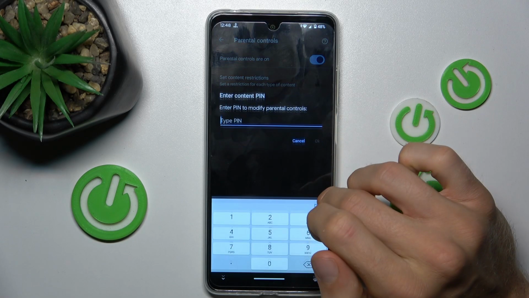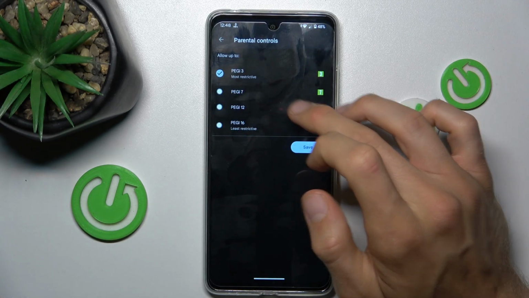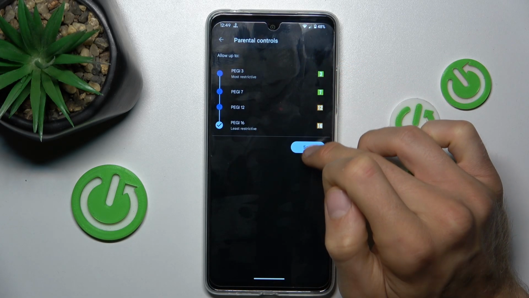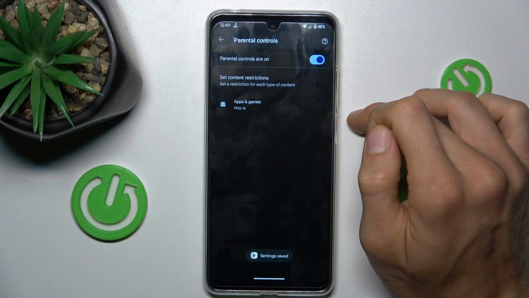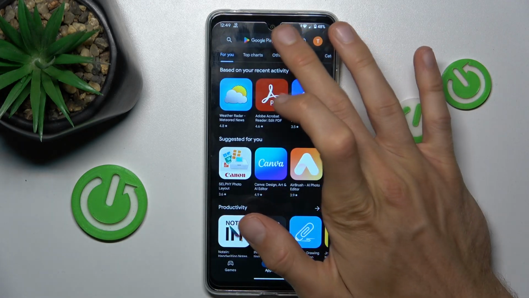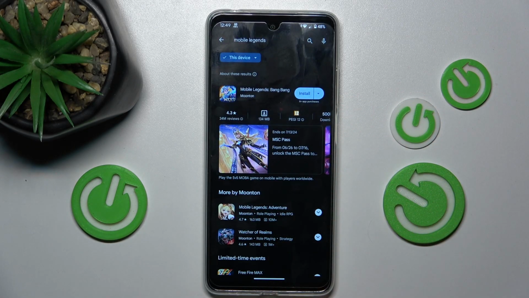To change it, tap on it, enter your Parental Control PIN, and there we can change it by tapping on page 16, confirm by Got it and Save. You can also turn off your Parental Control by switching it off. And that's all. We can go back and try searching Mobile Legends again, which is visible right now, and